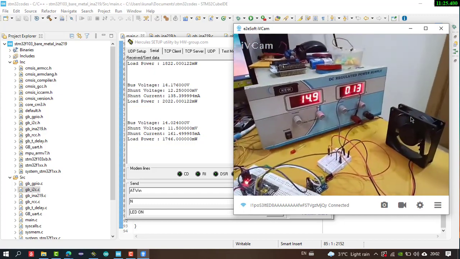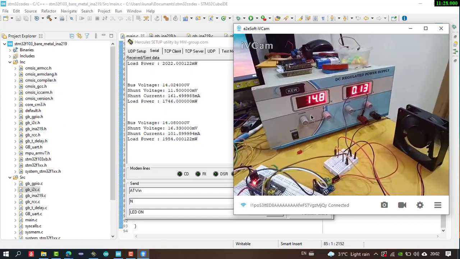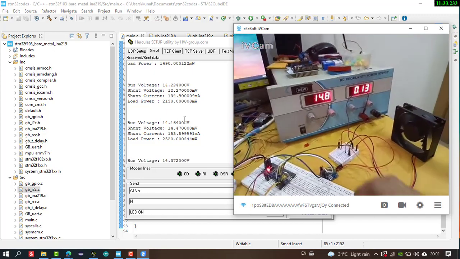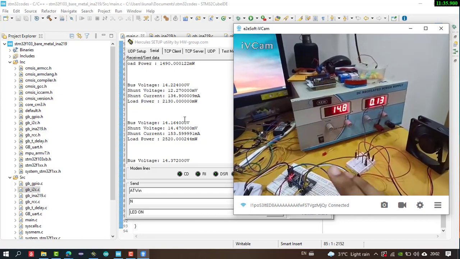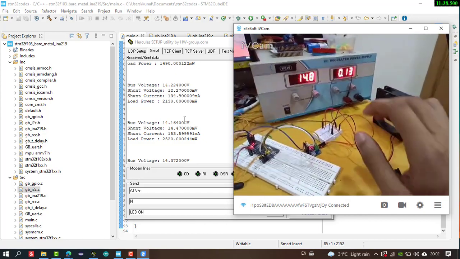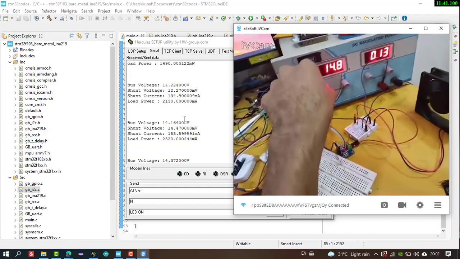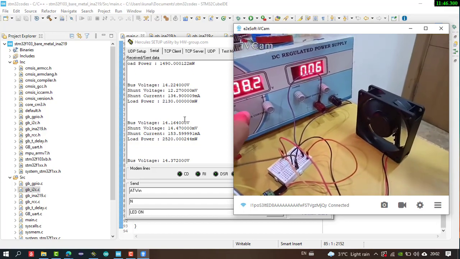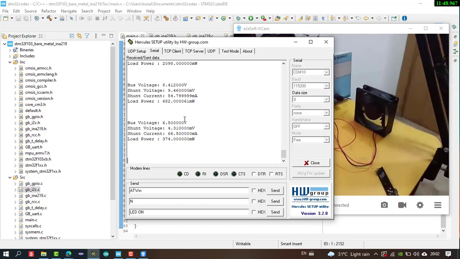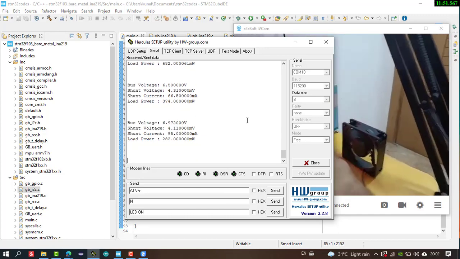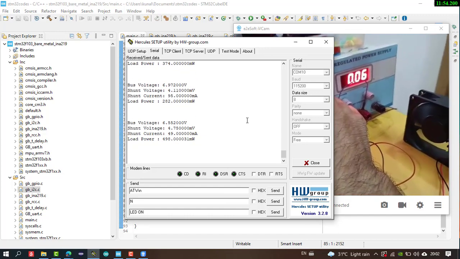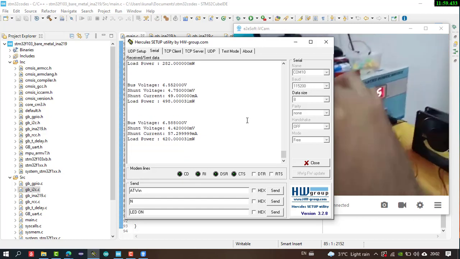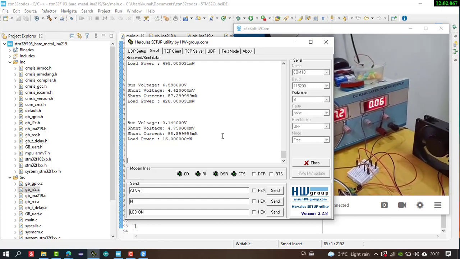Now as you can see, my bus voltage is 14.08, and at the power supply it is showing almost 14.8. Some voltage is dropped because of the circuit. Now if I vary the voltage, my fan speed decreases, and so does my voltage. As you can see over here, the shunt voltage decreases and my current also decreases, showing around 49, 50, 57 milliamperes, and it is almost as accurate as what is showing on the terminal screen.